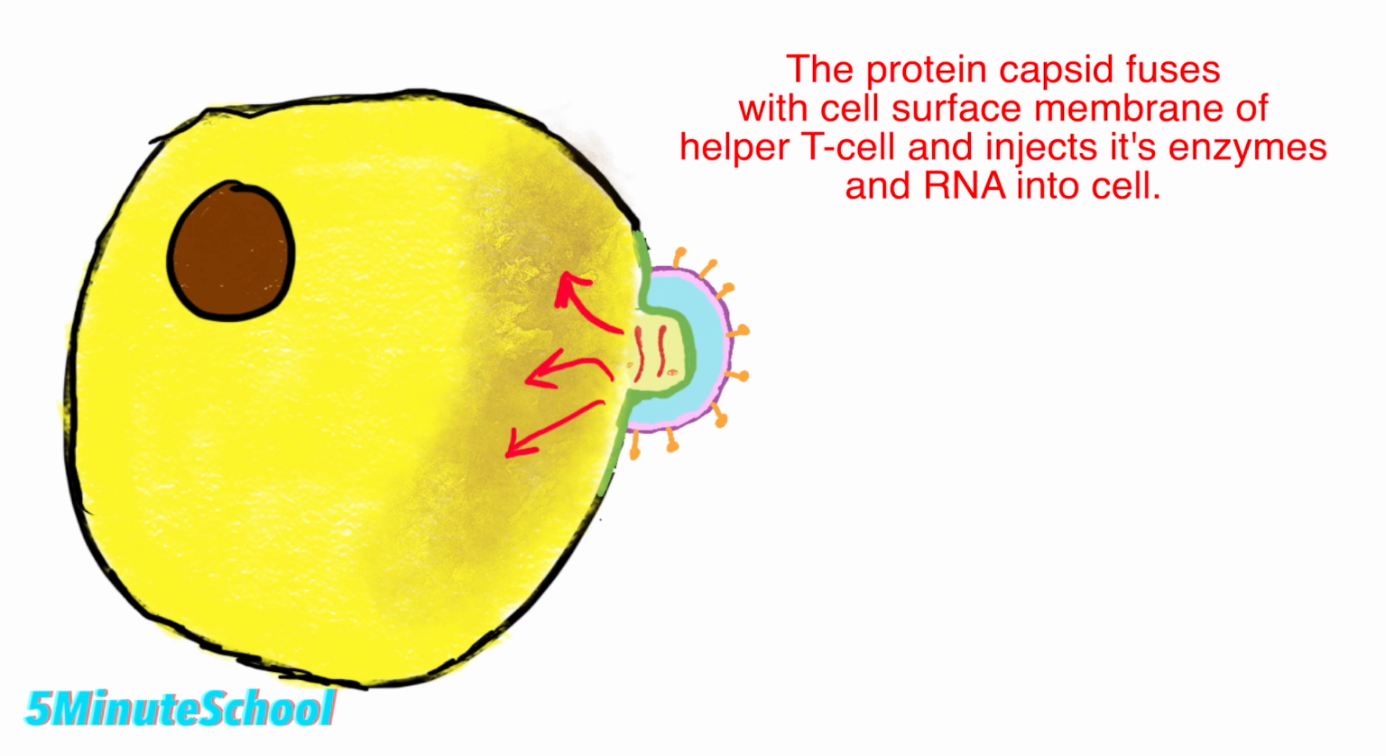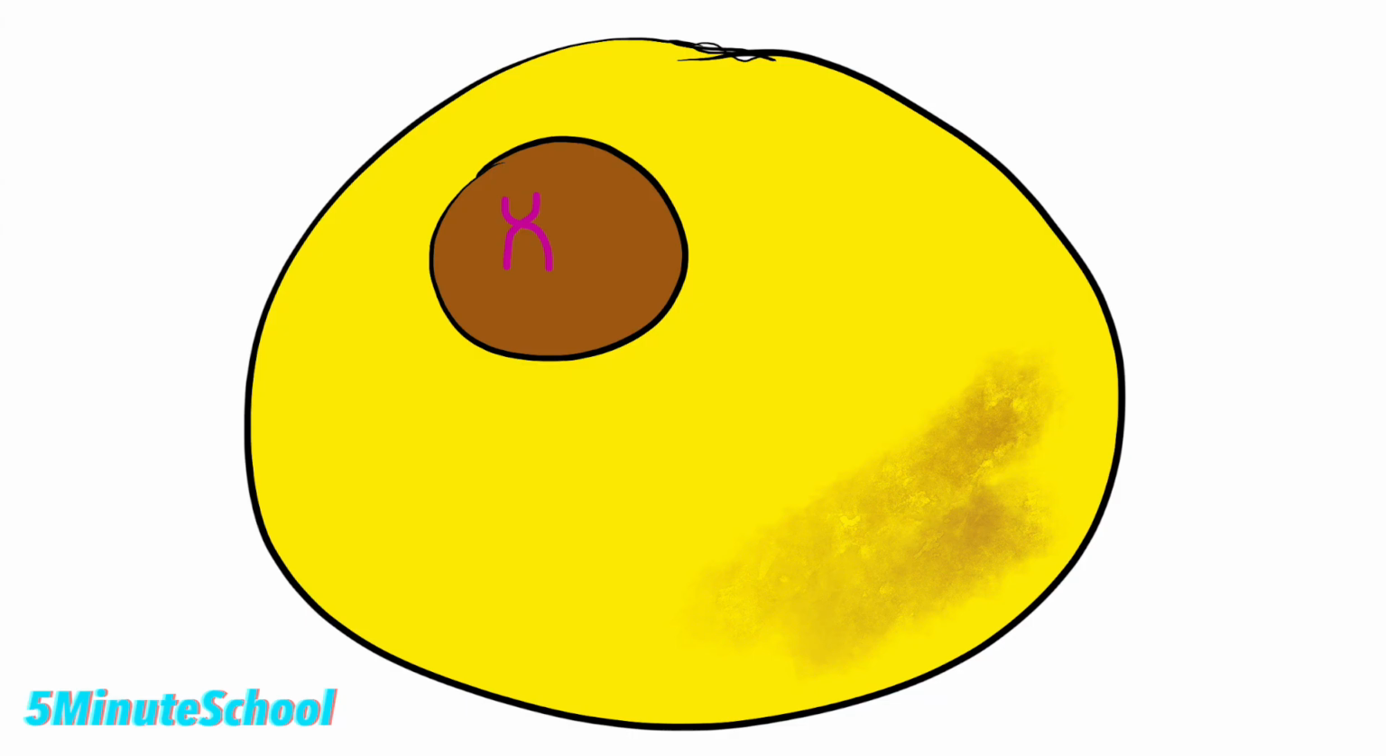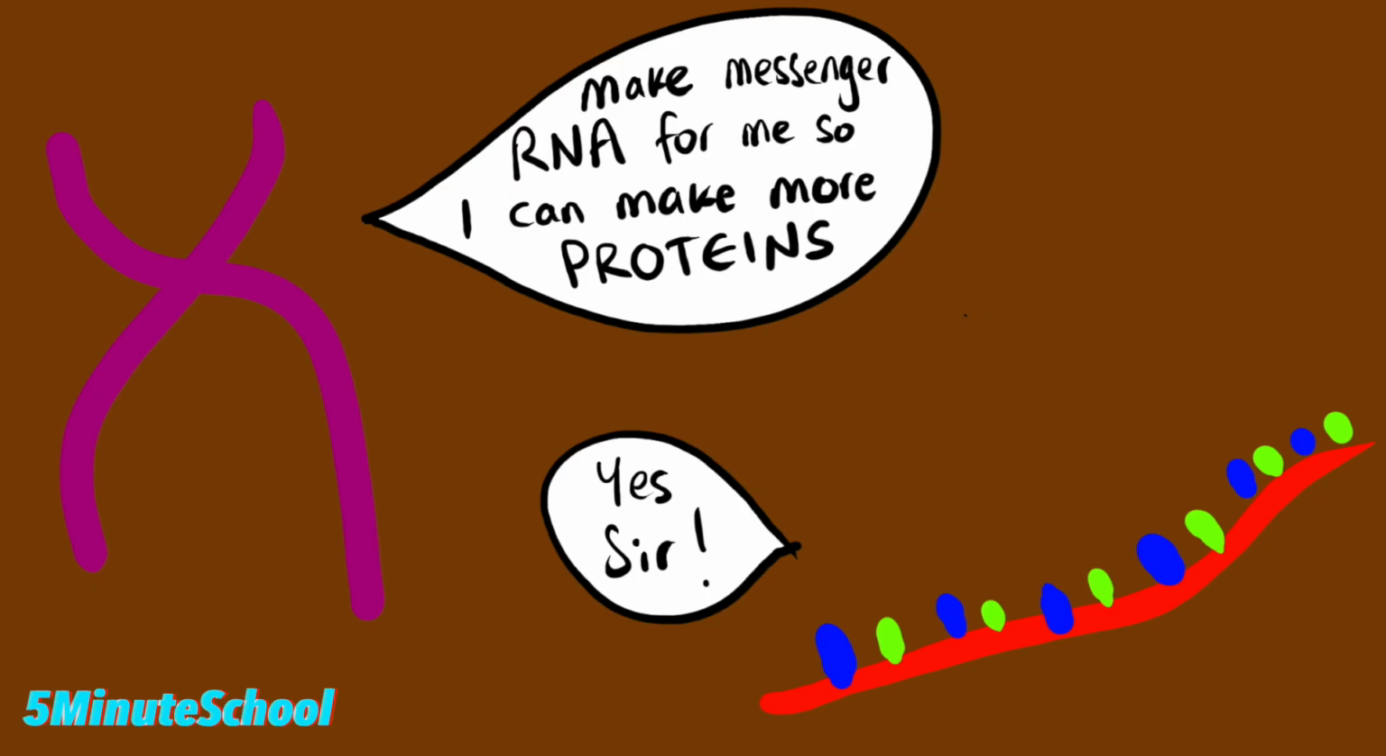So the HIV reverse transcriptase enzyme converts the virus's RNA into DNA. Now this newly made DNA is moved into the helper T cell's nucleus, and from there it's inserted into the cell's DNA. The HIV DNA is now in the nucleus, and it creates messenger RNA using the cell's enzymes, and